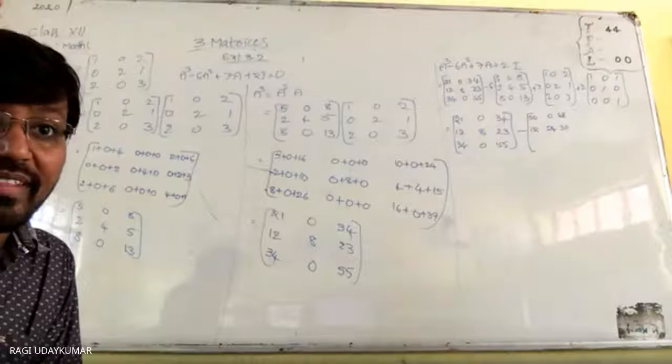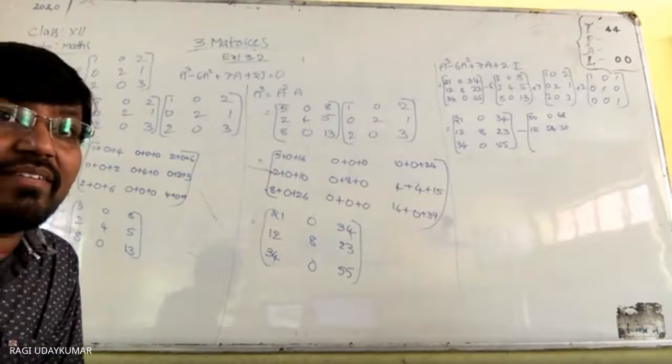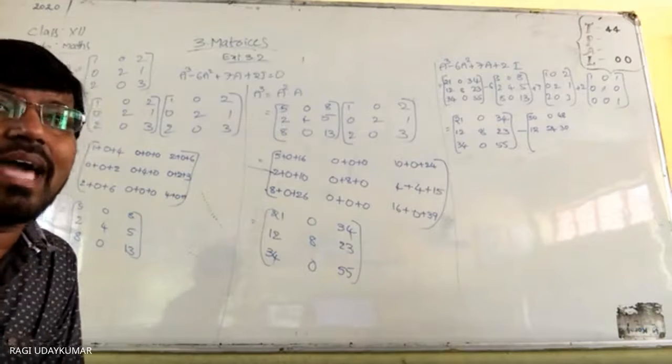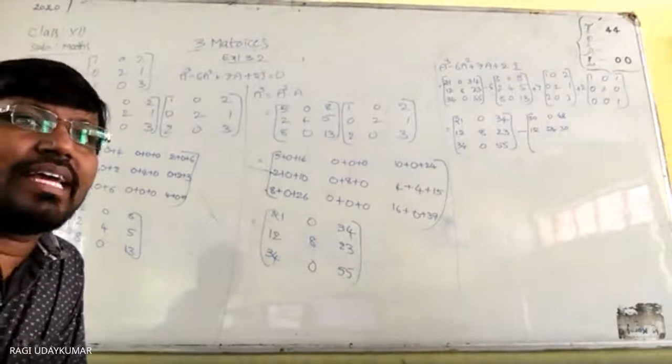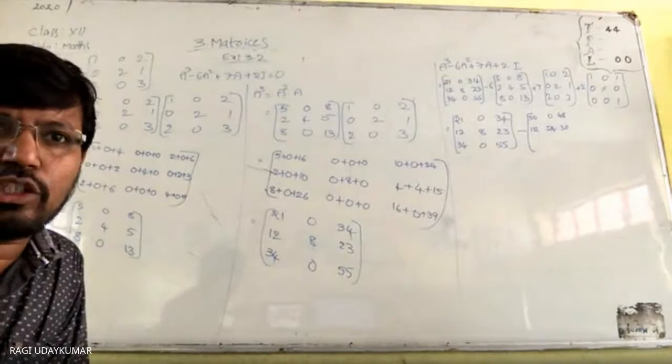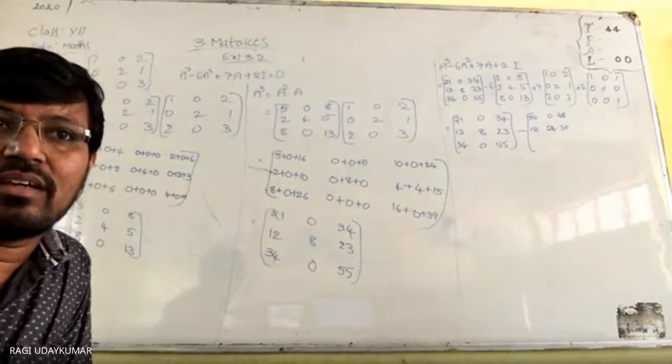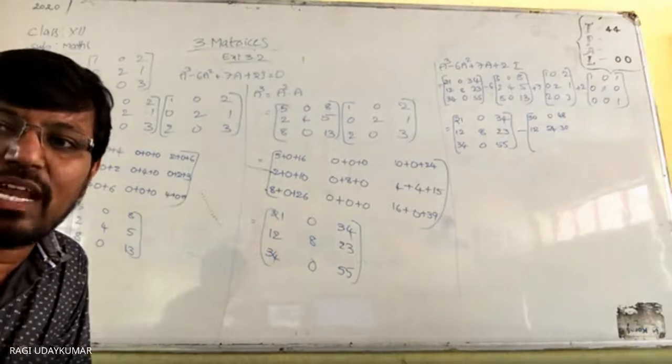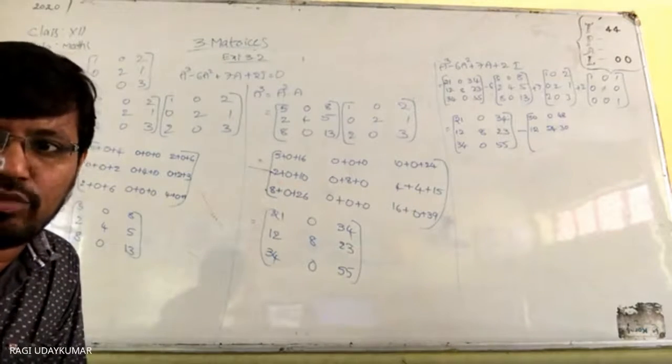Okay, now let us go for the 18th problem. Even the 17th problem is in the same way. I is already given. Find k such that A squared equals kA minus 2I. k is one constant that should be multiplied to every element of the matrix A in the 17th problem.